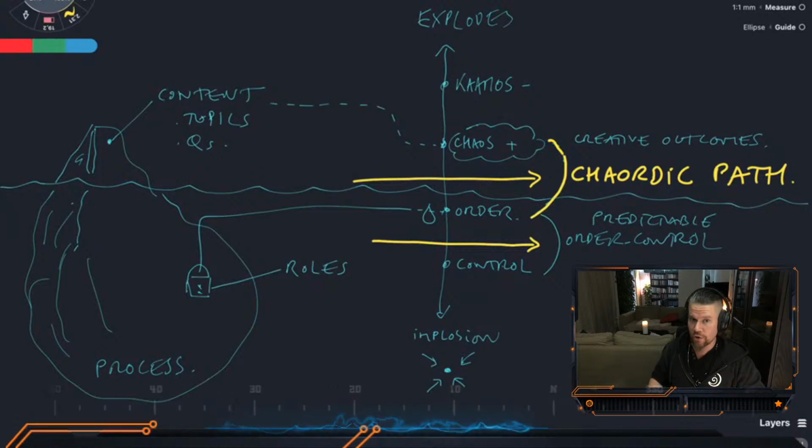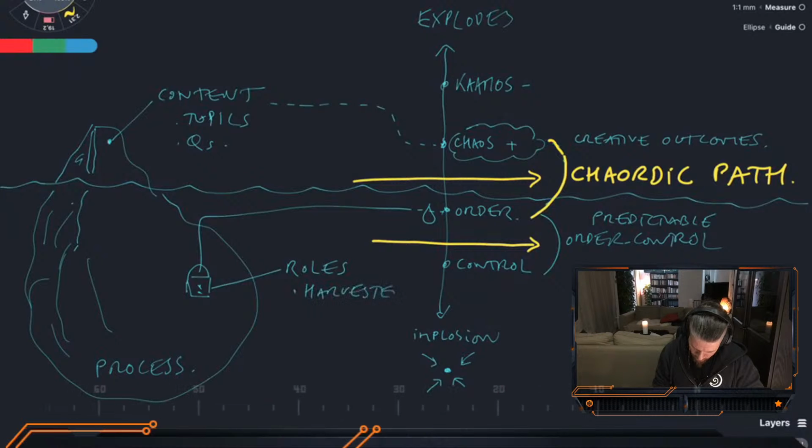Without that, it goes to chaos, and then the whole thing doesn't work. So you need roles, the two most important being harvester and host. In a minimum way, you can get away with just two people doing that, a harvester and a host, and all the rest participants. But when the group size goes up, if you're more than 5 to 10 people, then you're going to start to need a little team of hosts and harvesters that work together